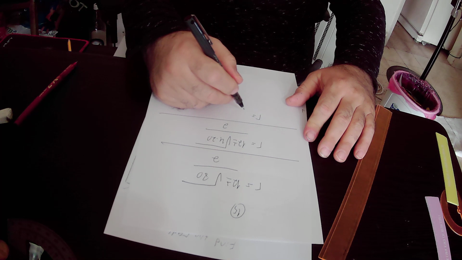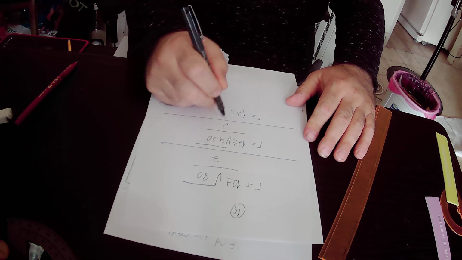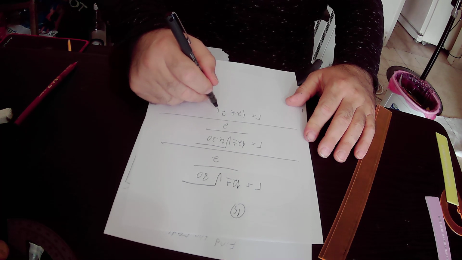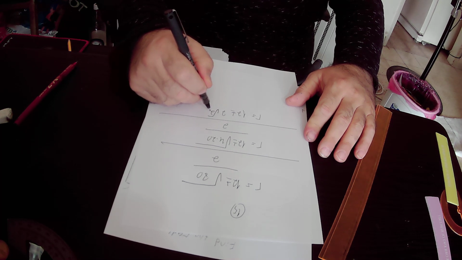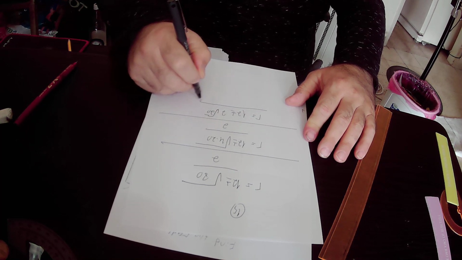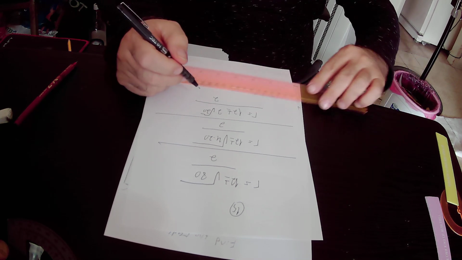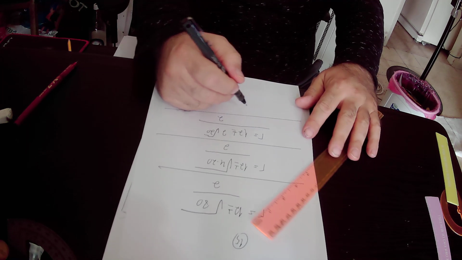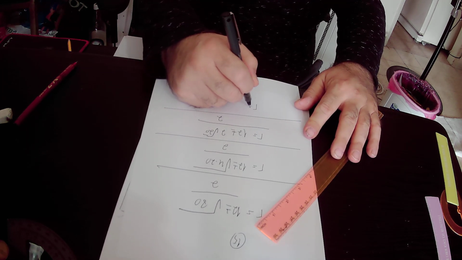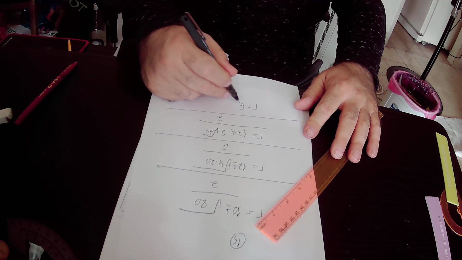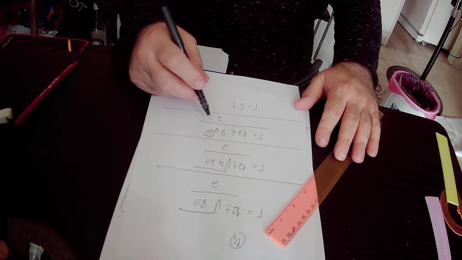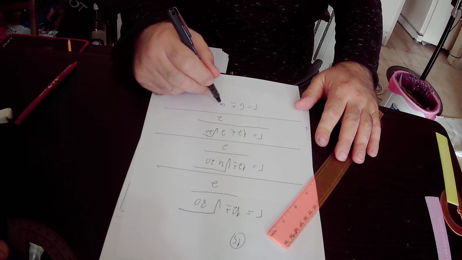R equals to 12 plus minus 2 times the root of 20 over 2. And so actually R equals to 12 over 2 is 6, 2 over 2 is 1, plus minus root of 20, which equals to 4 times 5,